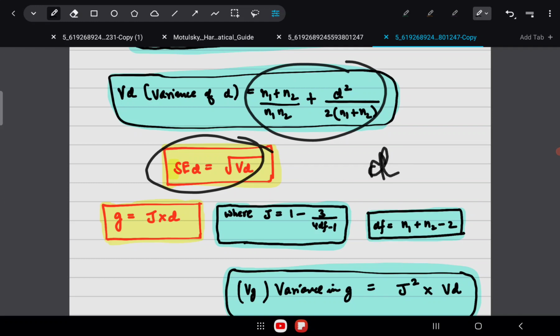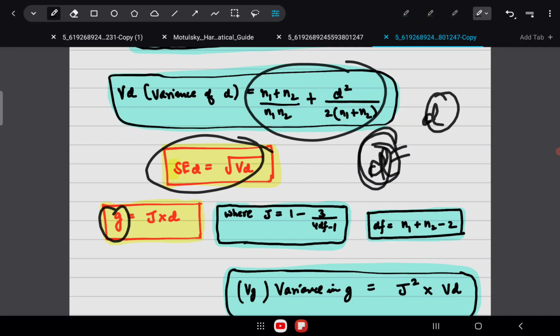So this D, or the standardized mean difference, this is the formula for Cohen's D. You can also do a correction in this Cohen's D to get a more unbiased estimate of D, and that will be called Hedges' G. It has been seen that Cohen's D sometimes overestimates the actual standardized mean difference. So we do a correction in Cohen's D to get Hedges' G, although they are not very different when the sample size is quite high.